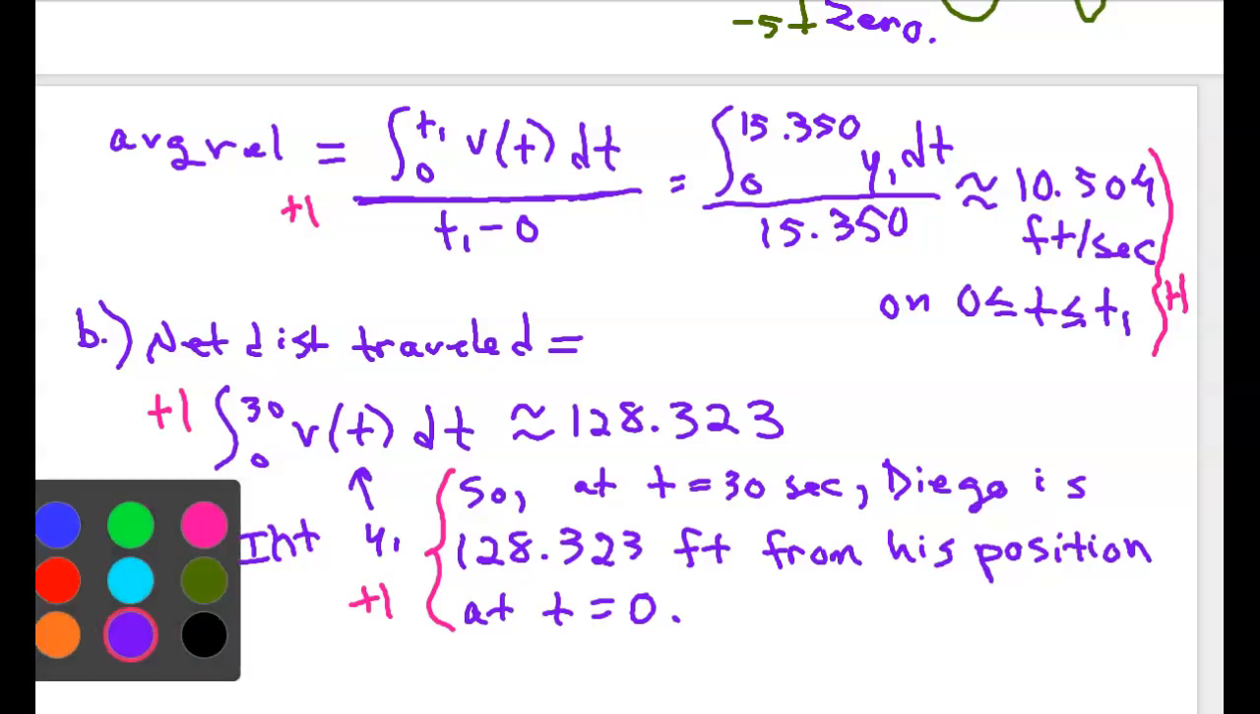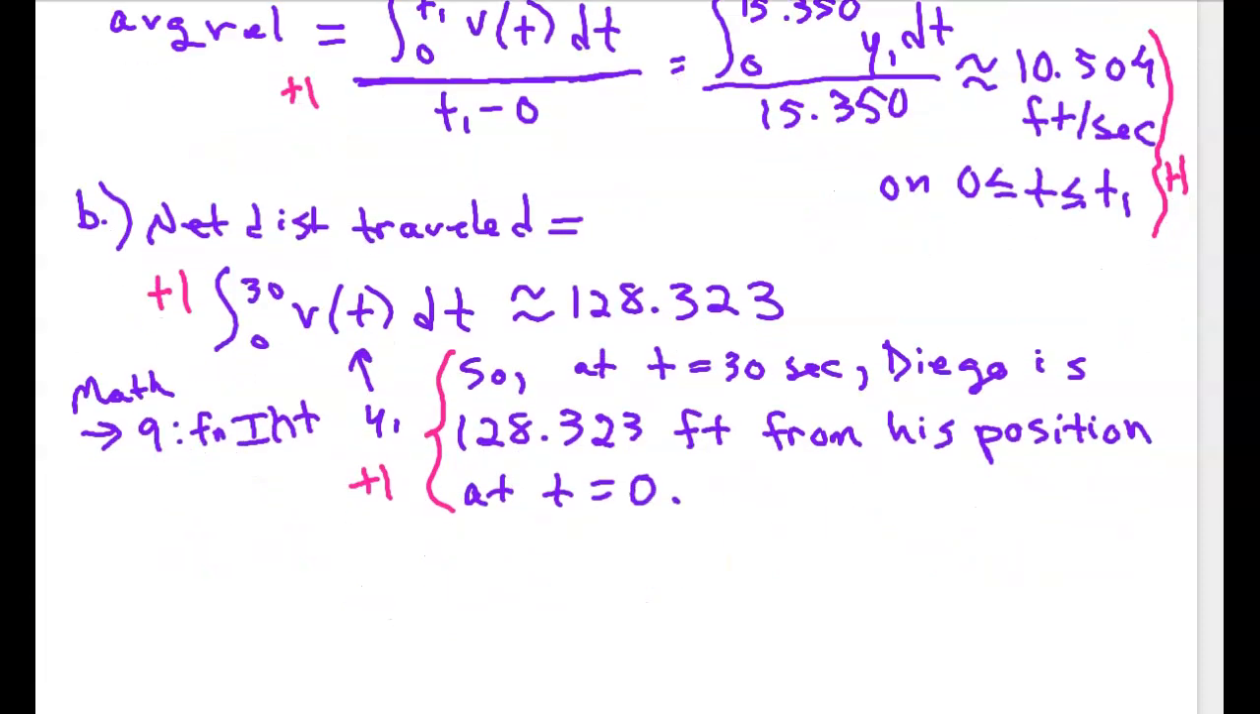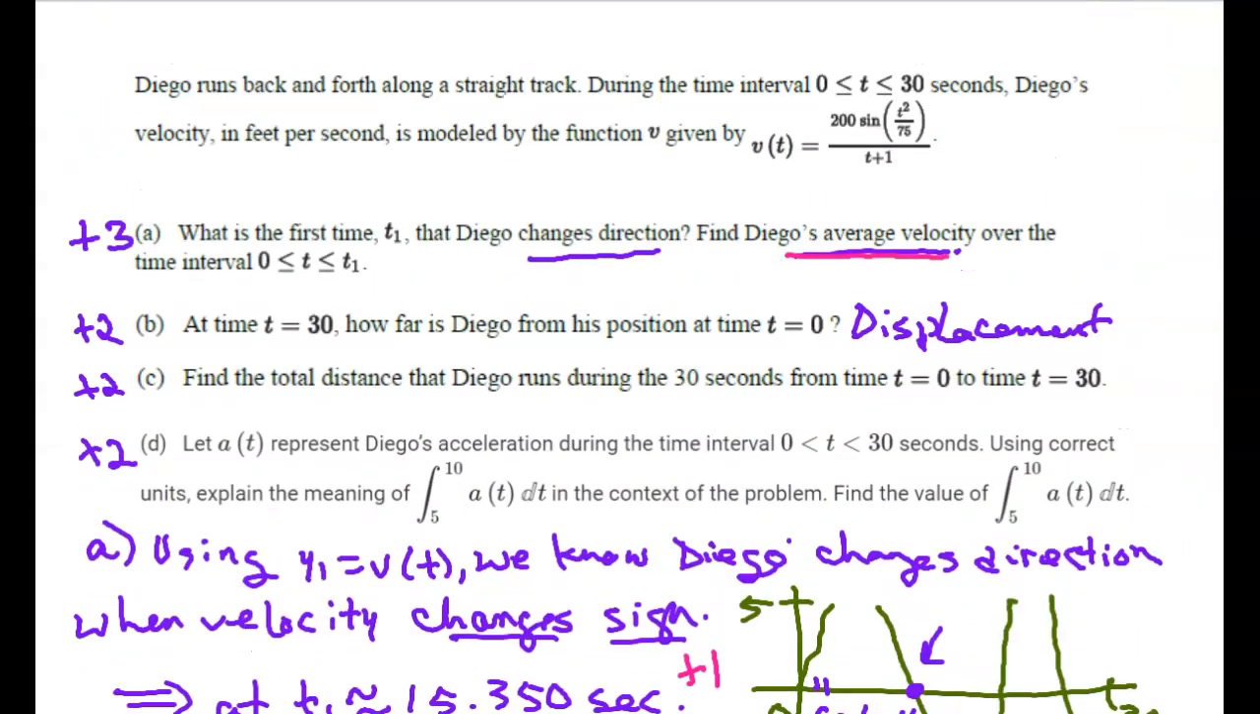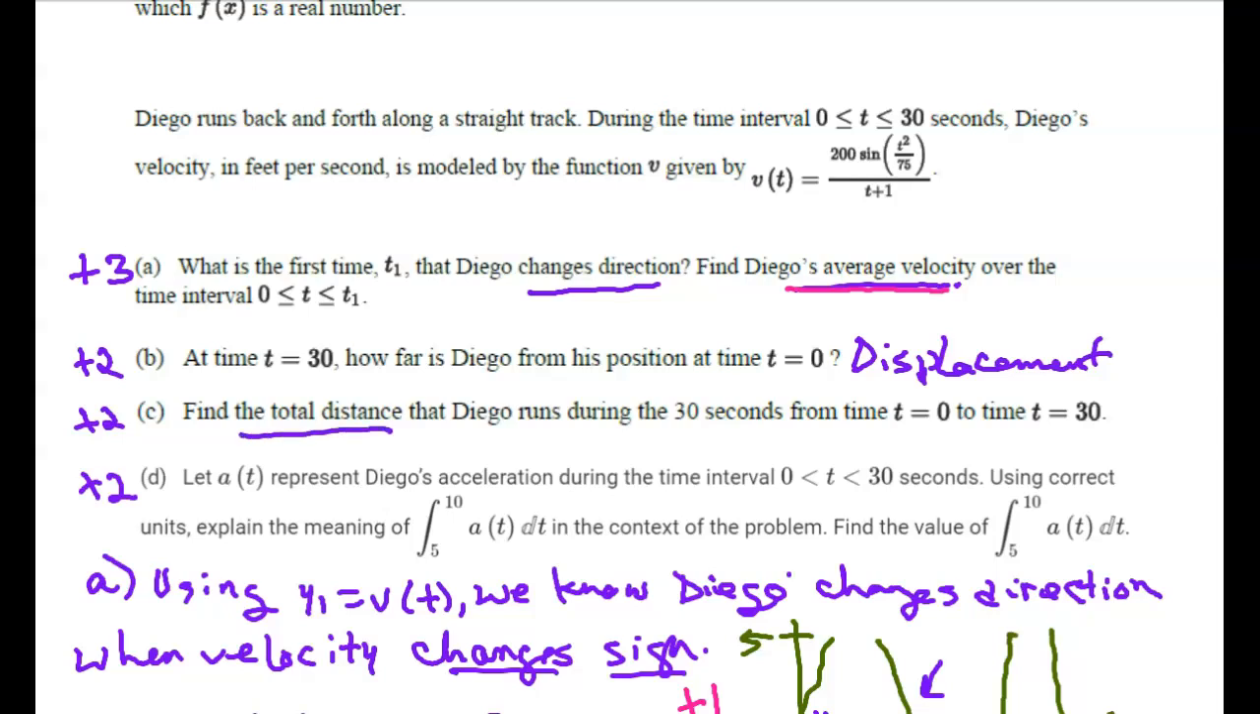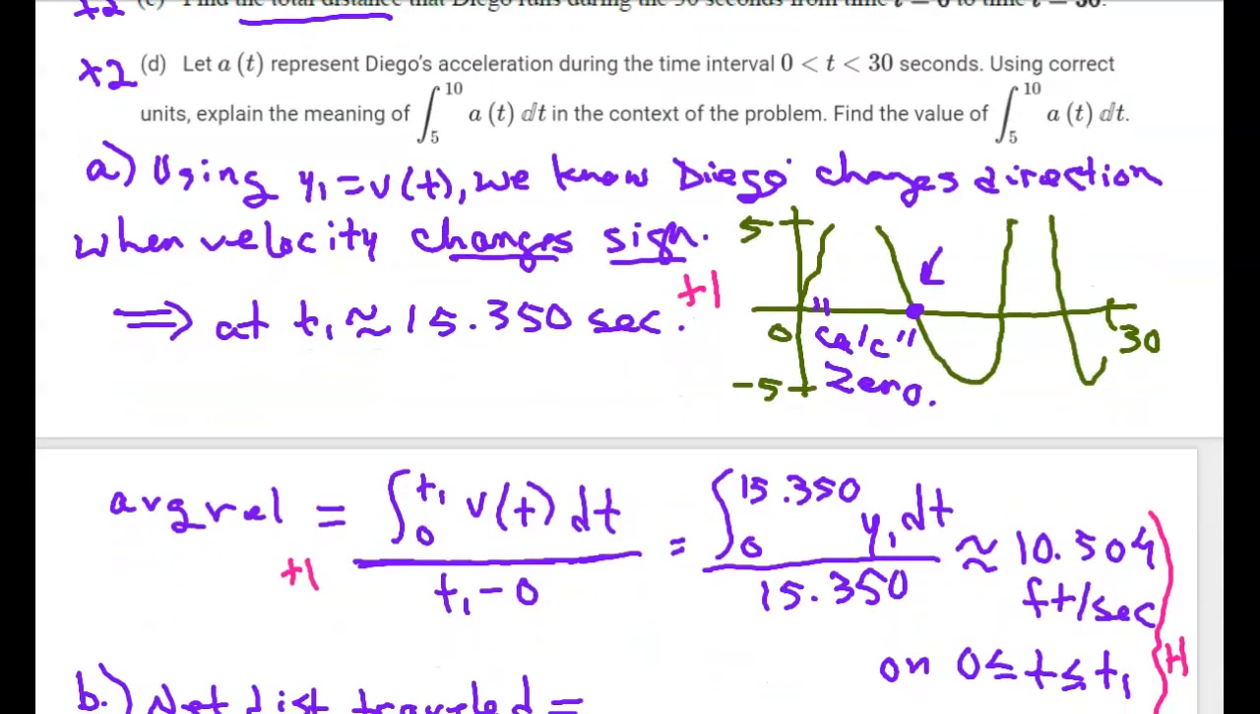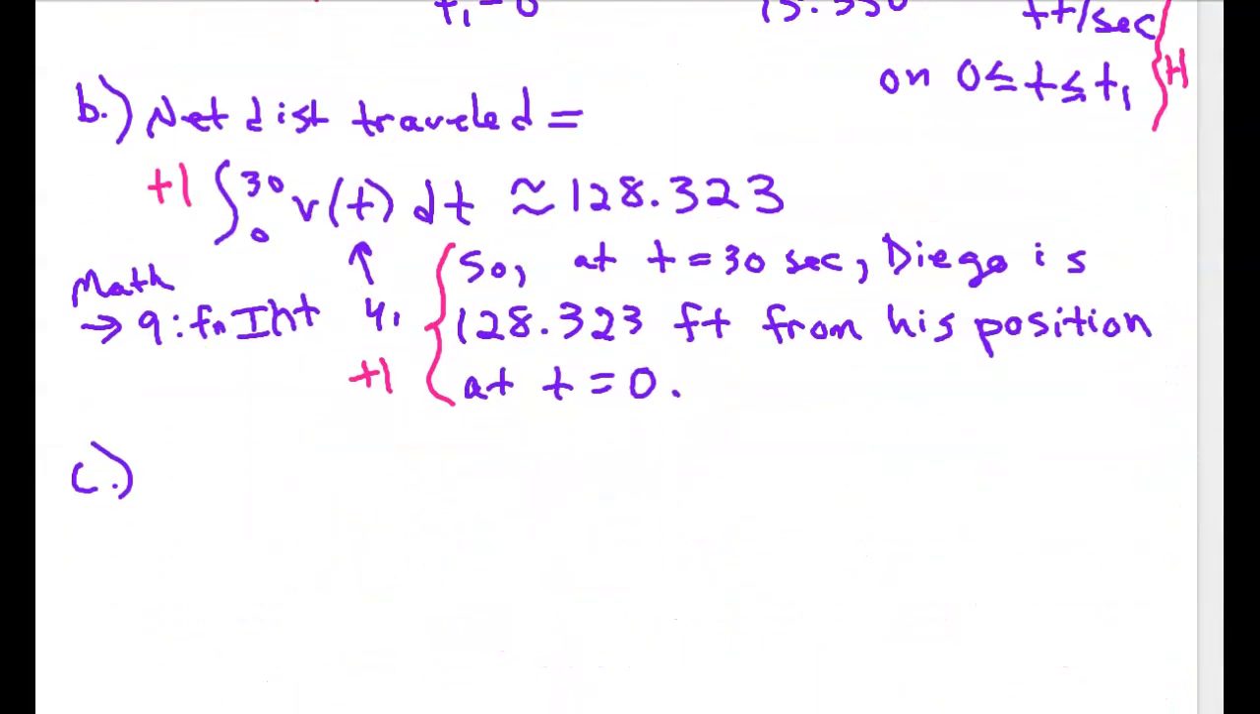Alrighty, let's go up and reread part C. Find the total distance that Diego runs during the 30 seconds from t equals 0 to t equals 30. Now remember, total distance traveled means that you include the forward running, backward running, forward running, backward running. So you include all of those forward and backwards. Okay, so that's a key. The total distance traveled